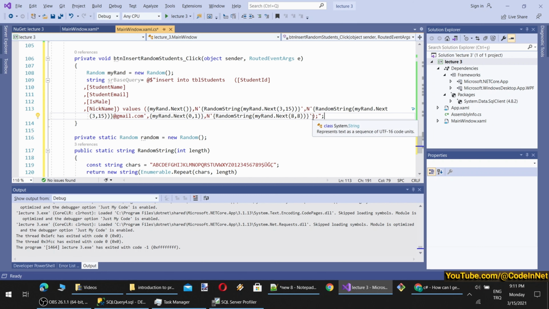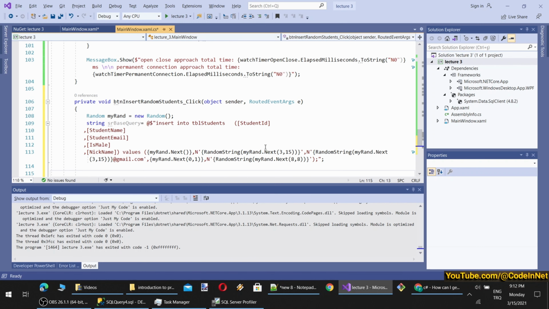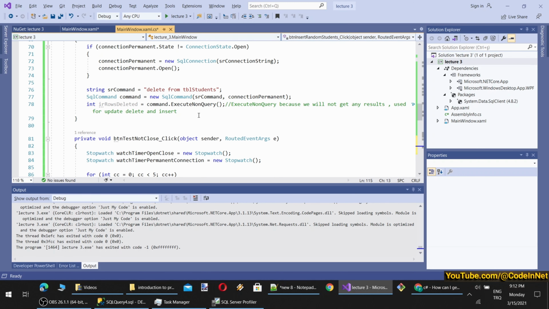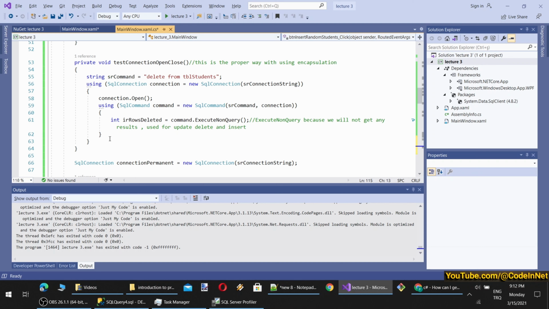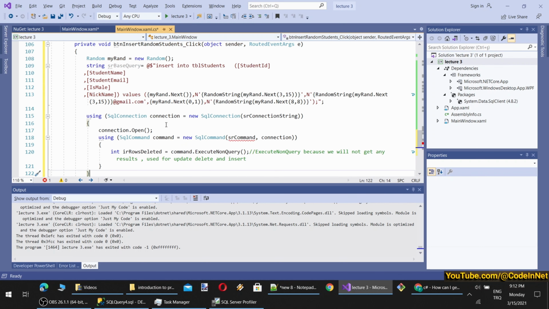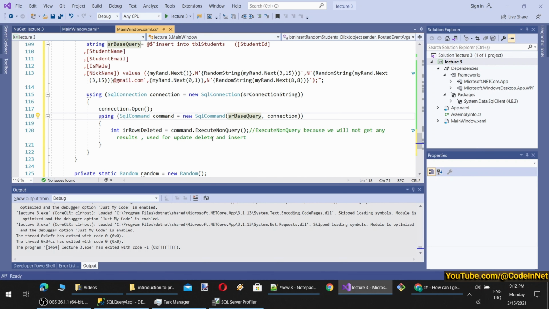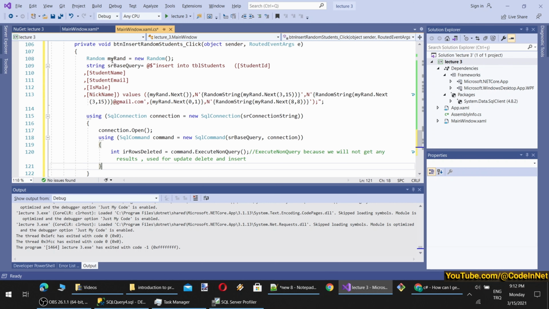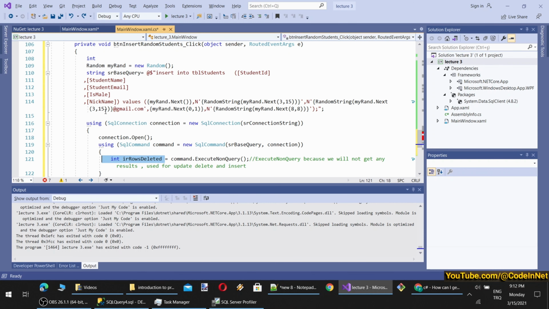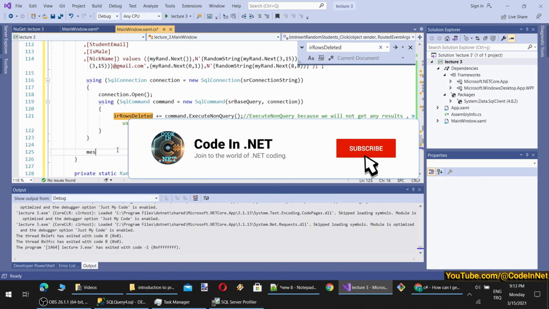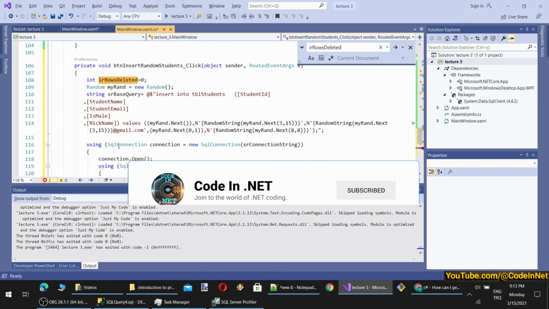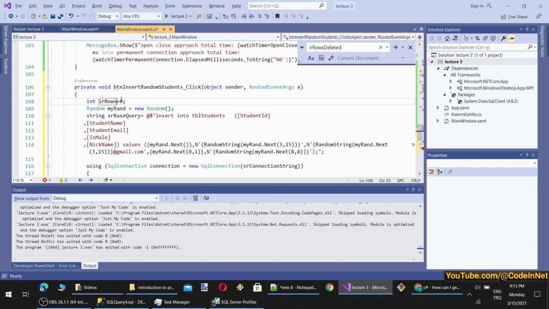Alright, so this is our query. Then what we are going to do is execute this query the same as the delete query. So I will copy and paste the code for now like this. Then the base query here, and the number of rows, let's add it here like this, and plus equal. Okay, then this is interesting. This is 0 by default. Okay, then we can show. By the way, this will be rows inserted.